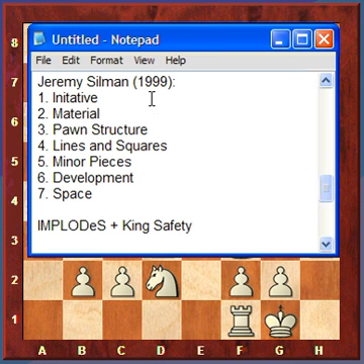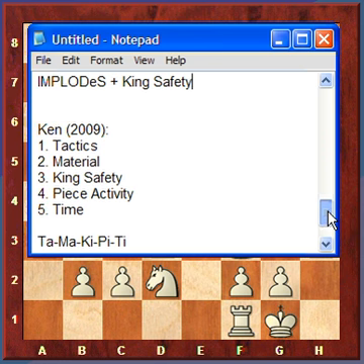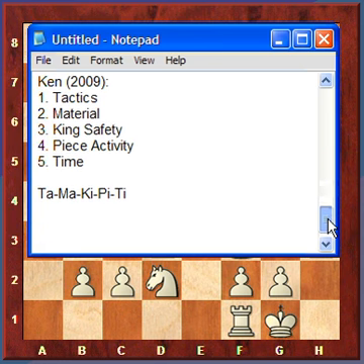I recommend Jeremy Silman's book, The Amateur's Mind, for getting a good grasp of how to analyze a position. But what I'm going to do is take a similar approach to some of the other ones. How I break down analyzing a chess position, I call it Ken 2009,